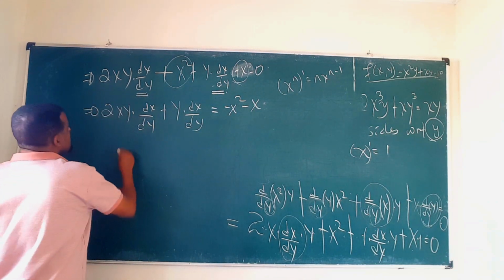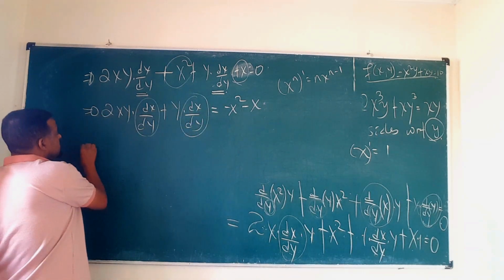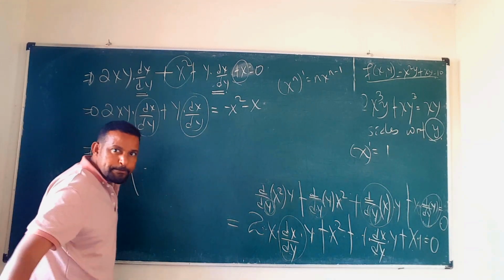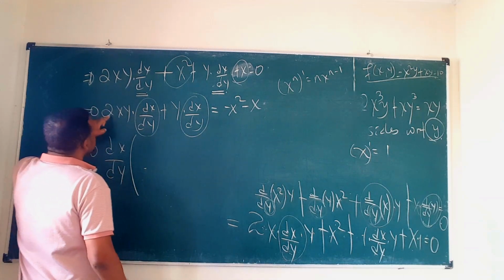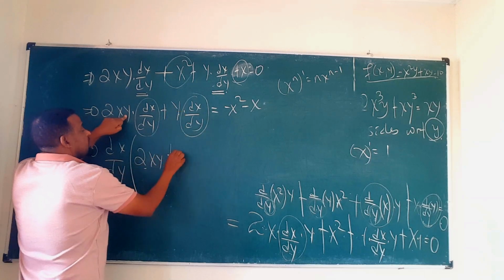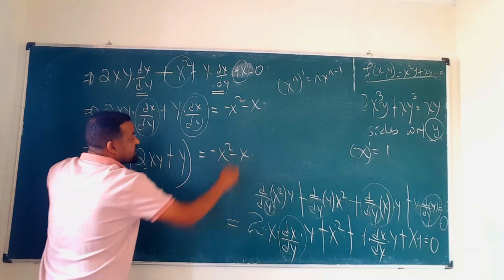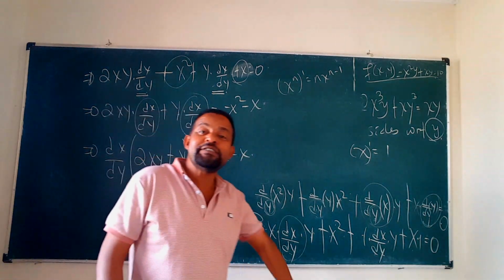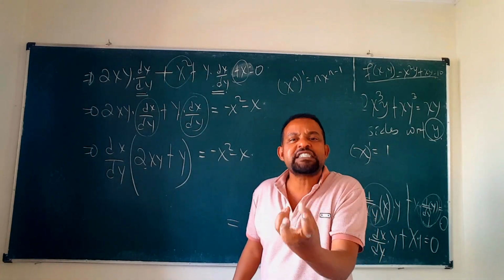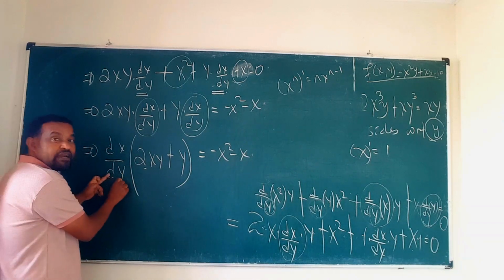course. So what is common here? What is here, dx by dy. So dx by dy is common, you take it out, okay, dx by dy common you take out, and what remains here is 2xy plus, what remains here is y, so which is negative x squared minus x. What's our problem? Our problem is find the derivative of x with respect to y, that means find dx by dy is what it asked us. Here it is dx by dy, so that dx by dy alone remains,